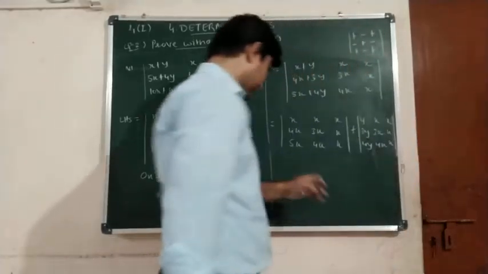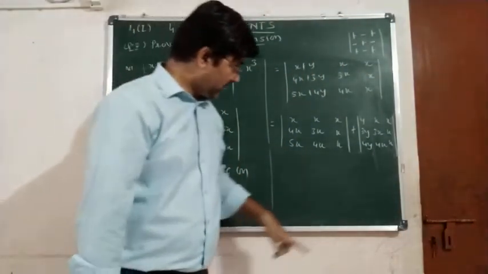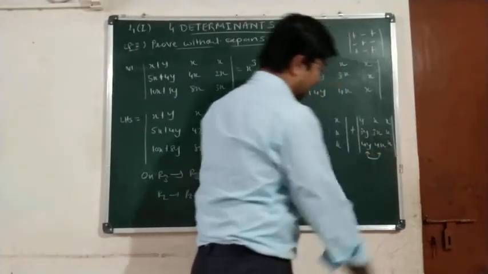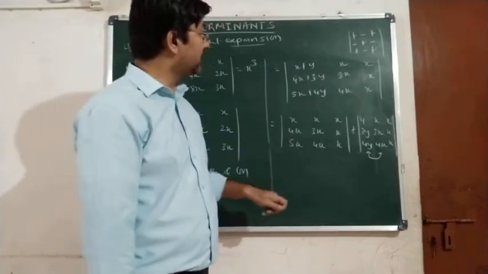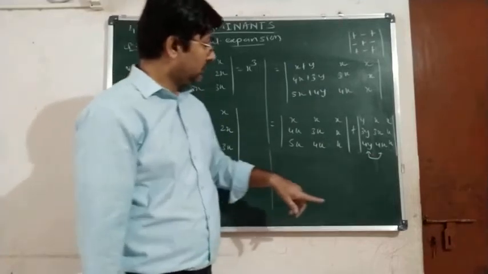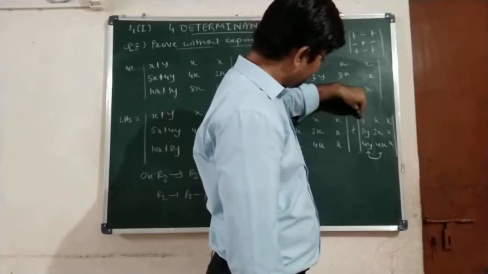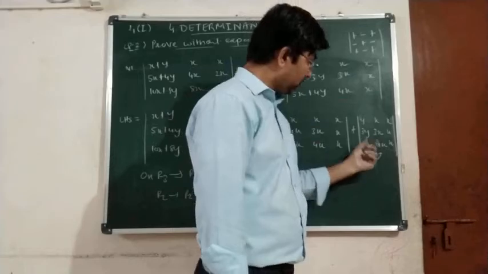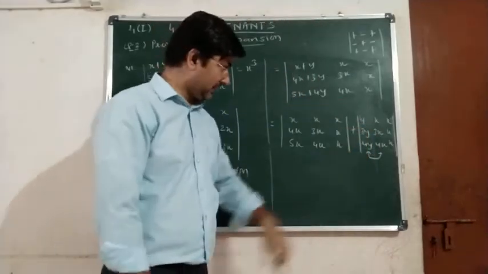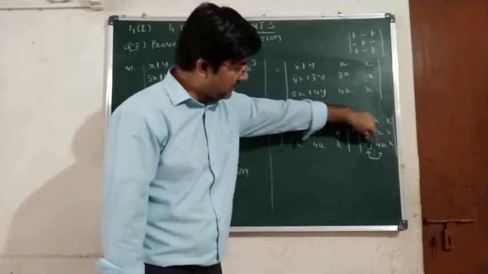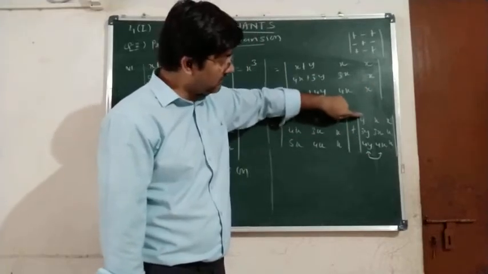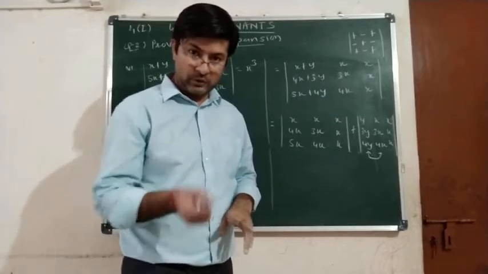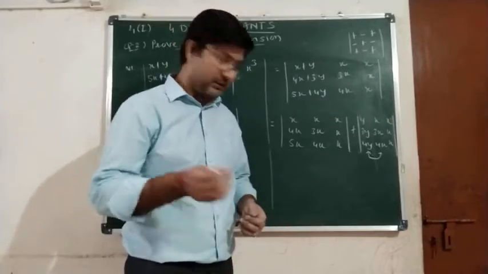Now see, you will notice that in the second determinant the first and the second columns are identical. Notice these entries: y, 3y, 4y. We can take x common and y common so that we get the first and second columns identical. If you take y common from the first column and x common from the second column, the entries will be 1, 3, 4, 1, 3, 4. We can take common in this way. From each row and column, if anything is common, that can be taken outside. Yes or no?